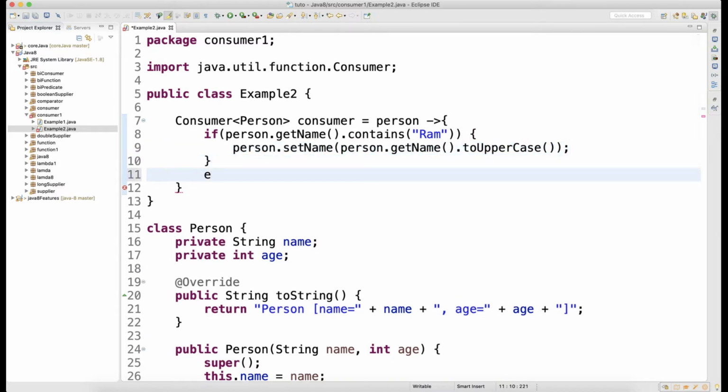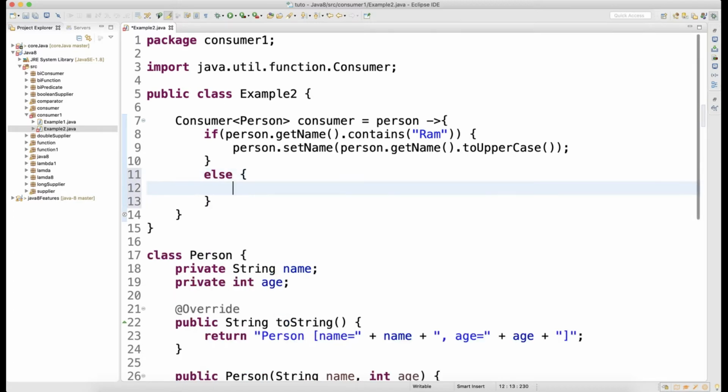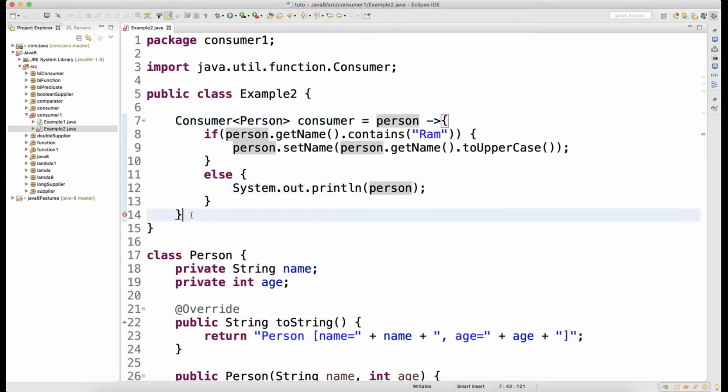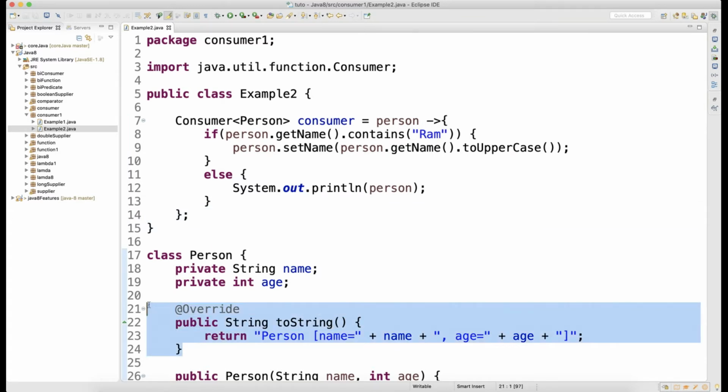Else, just print the object, and since we are overriding the toString method, your data will get printed, your object reference will not get printed. We are writing the toString method, so the data of the object will get printed.